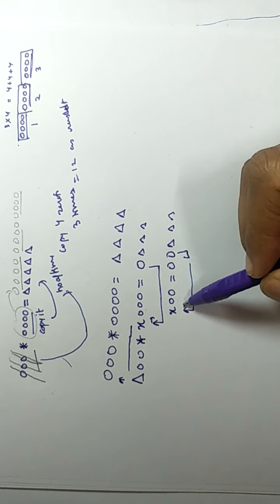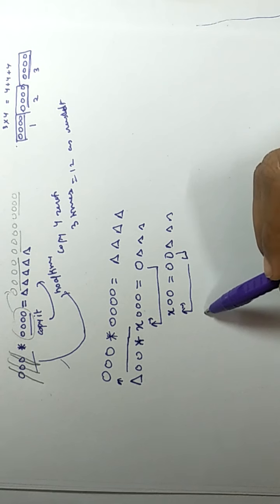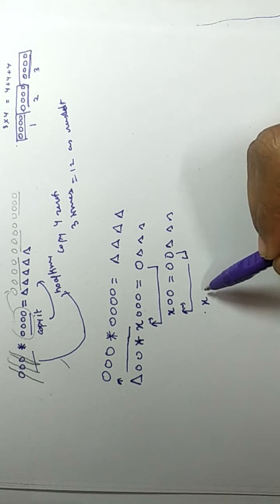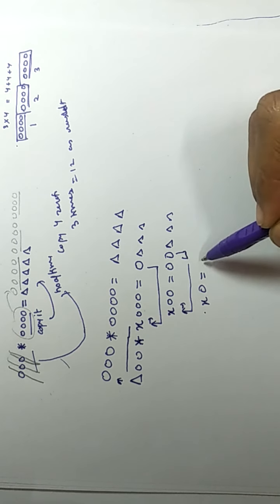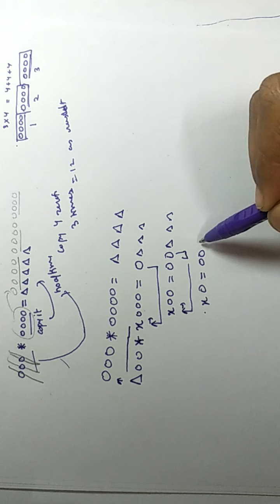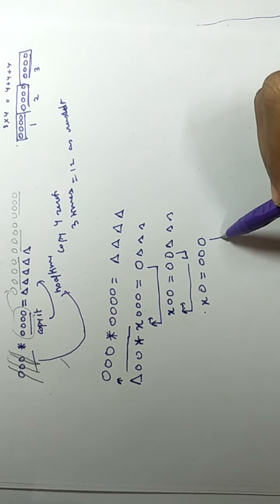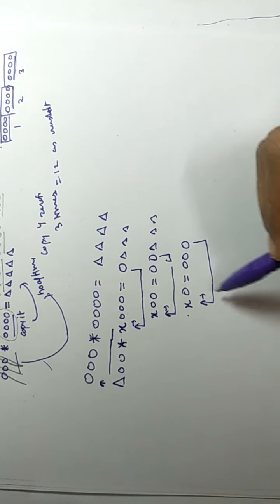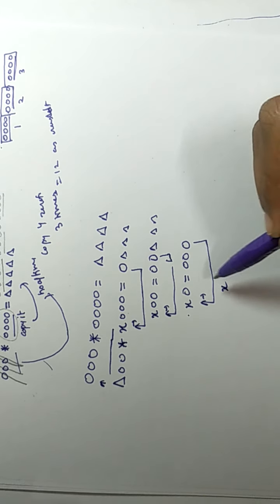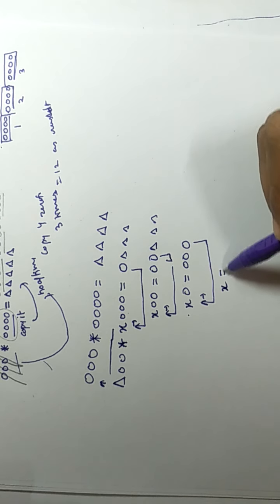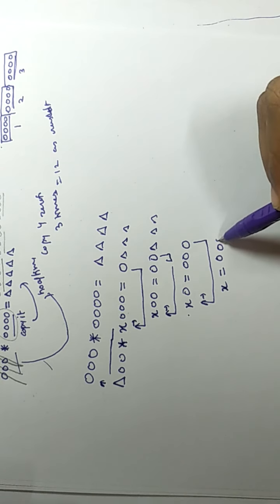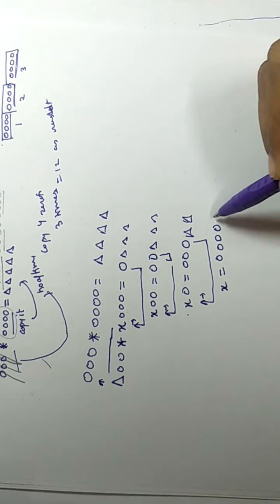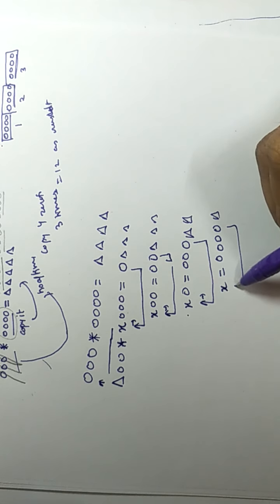In the right of this x we will find again a 0. We will mark this 0 as x and move forward. We will get already copied zeros, then we will reach to blank, and we will come back till this x. In the right of this x we will again find a 0. We will mark it as x and move forward and convert this blank as 0, and we will come back till x.